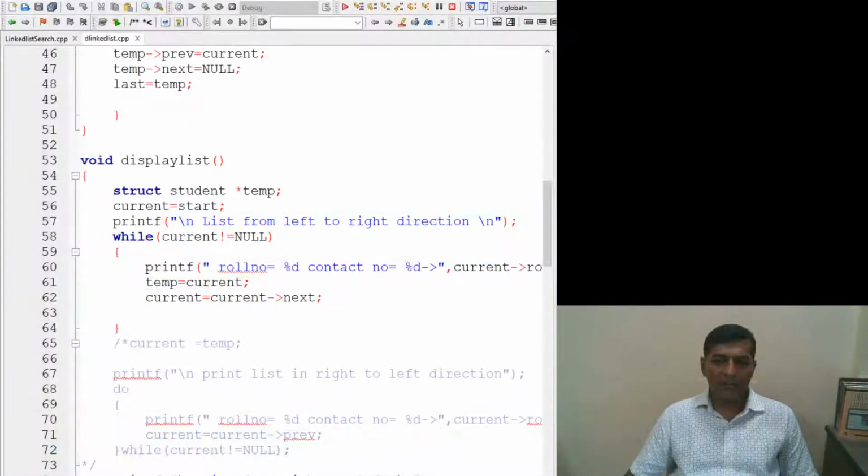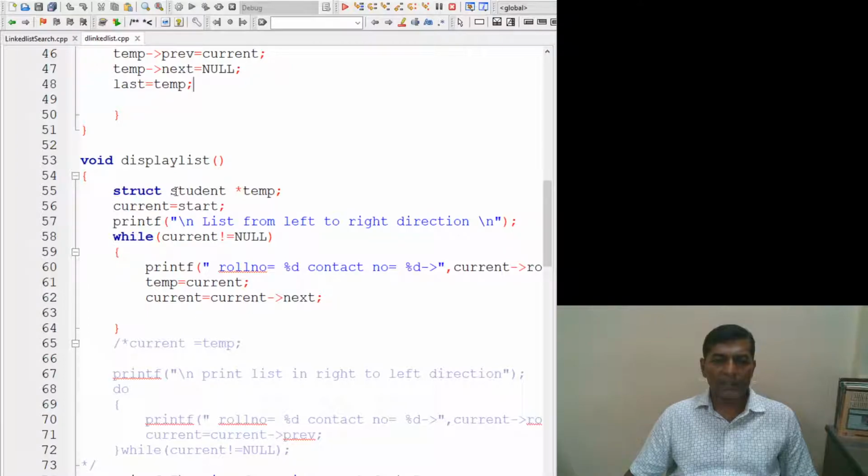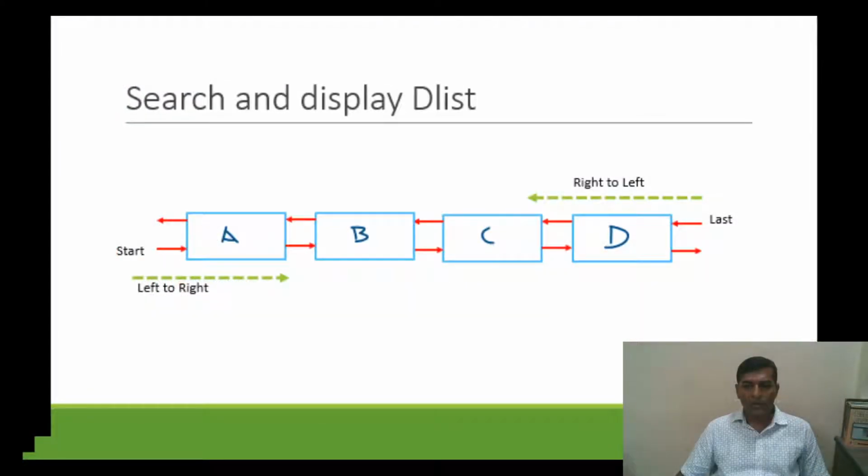For printing the values, we print current roll number and current contact number very easily. So temp is equal to current and current is equal to current next. This current is equal to current next is the traversal, moving towards the next node. Now current is pointing to the next node known as B, because B is the next node in the list.